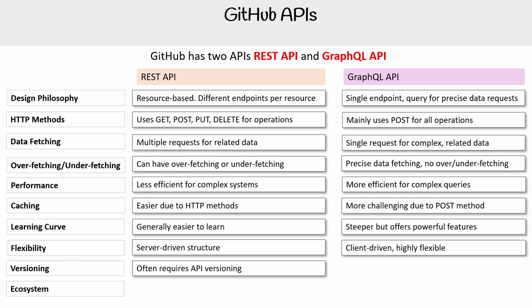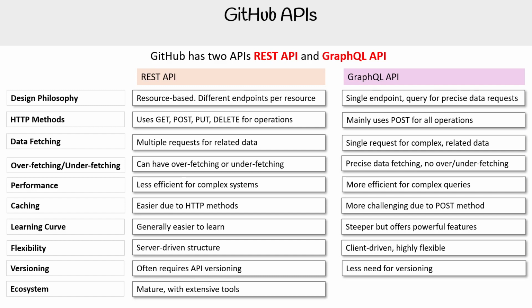For versioning, you often have to do API versioning for REST API. For GraphQL, you usually don't have to, and that was the huge reason for having GraphQL APIs. The ecosystem for REST API is mature with extensive tools. GraphQL is still growing, but the point is that GitHub has both, and these are the two big flavors of